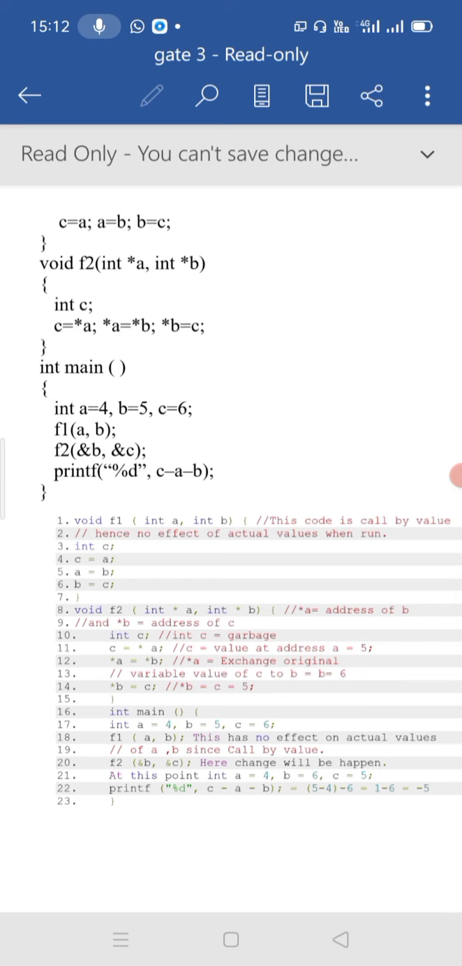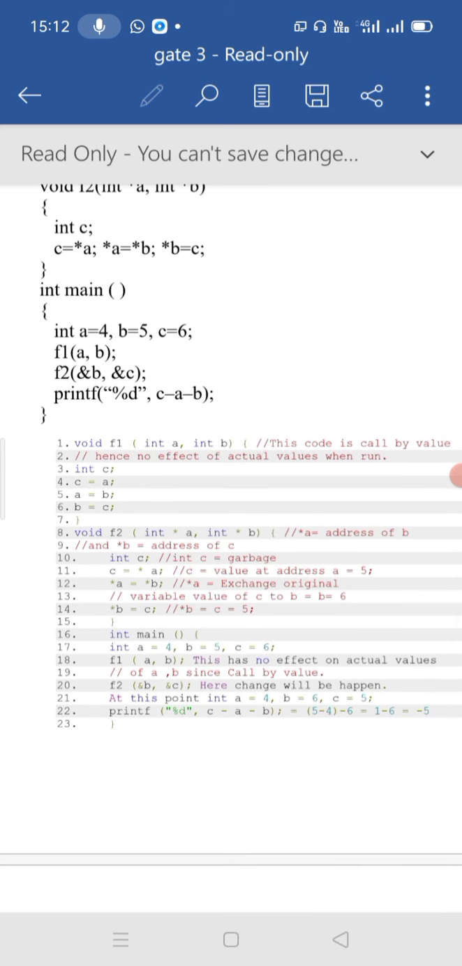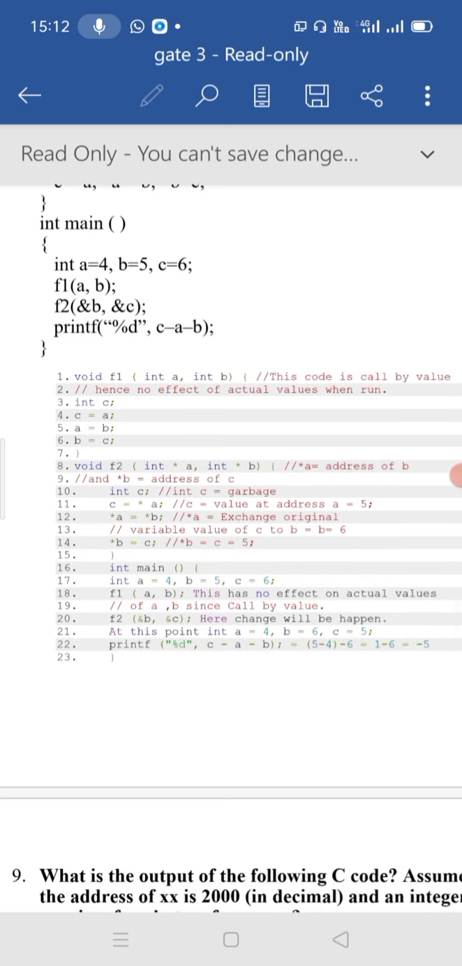Okay, we'll change, that is what I have said here. See here, this line number 10. Initially we have C, and C is a garbage value. Now C is equal to star A, where A holds the value 5 and B holds the value,